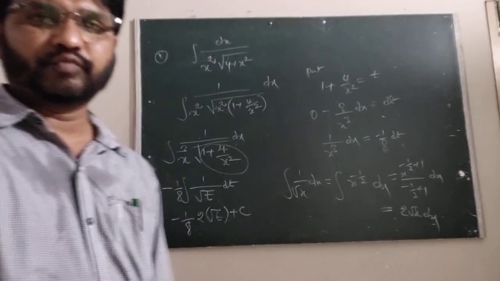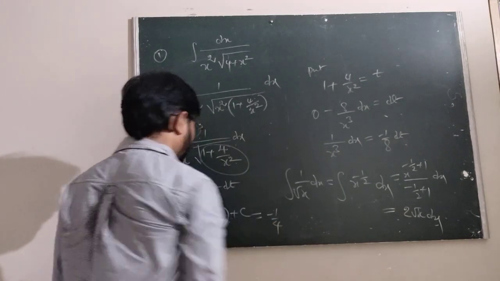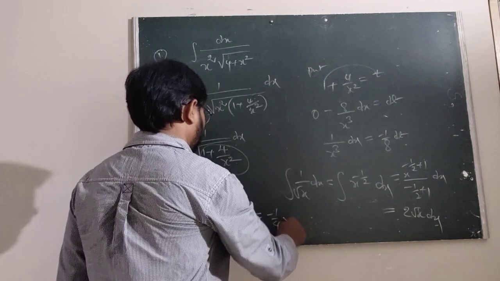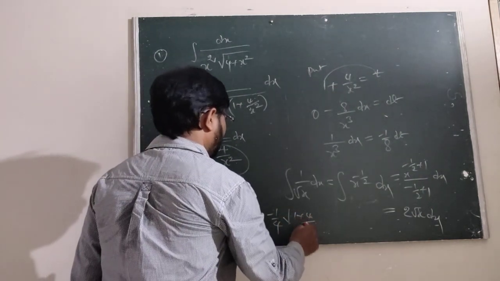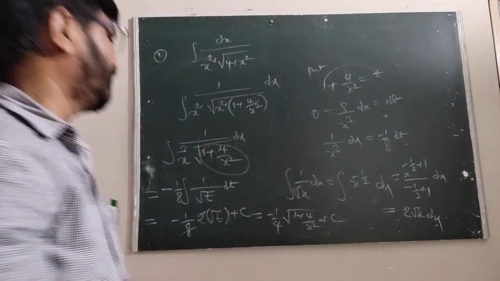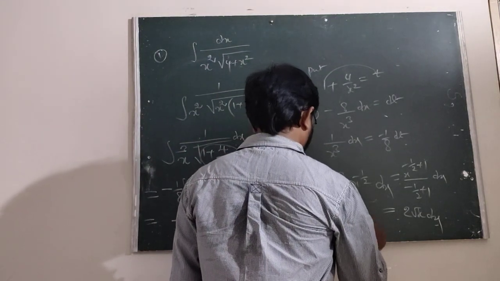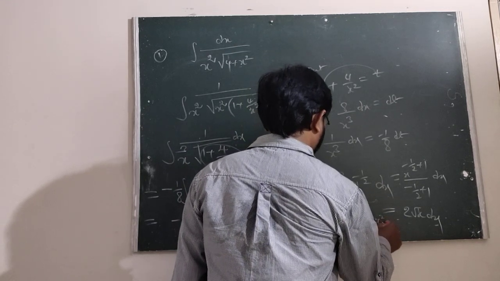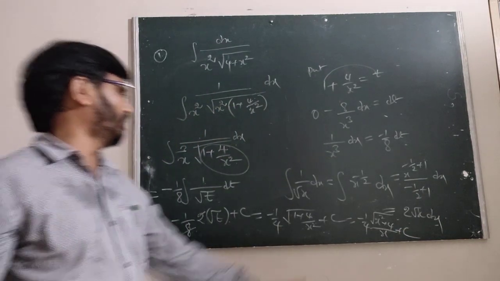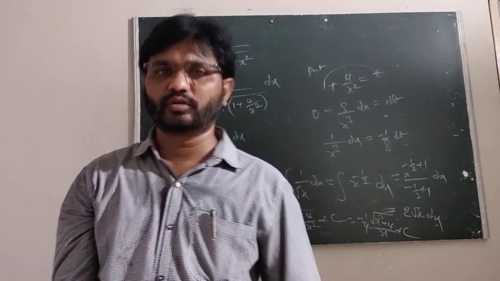Therefore we can write 2 ones are 2, 2 fours are 8, now we are getting minus 1 by 4 root of t. What is root t here? Root t is 1 plus 4 by x square, plus c. Now we take the LCM, which is x square. Now it can be written as minus of 1 by 4 x square plus 4 by x plus c. This is the answer. Minus 1 by 4 under root x square plus 4 by x plus c is our required solution. Is it okay?